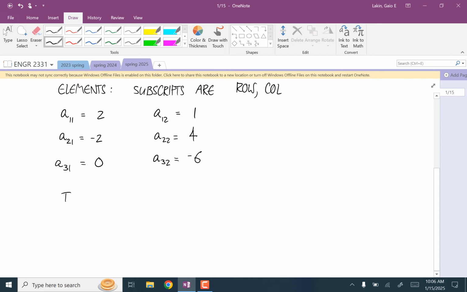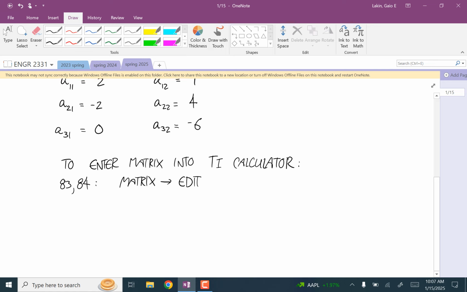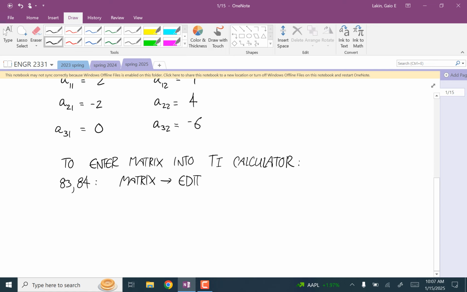So to enter a matrix into a TI calculator, if you have a TI-83 or a TI-84, you can go into the matrix environment and then go to edit. If you have an 84 or an 89,